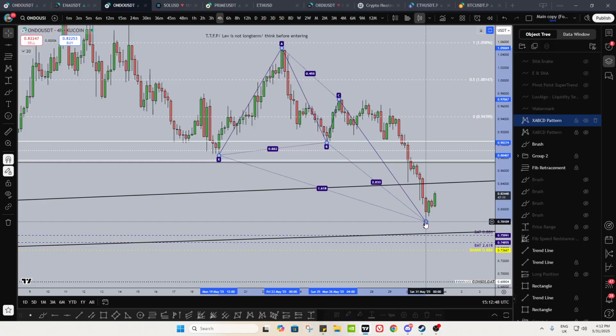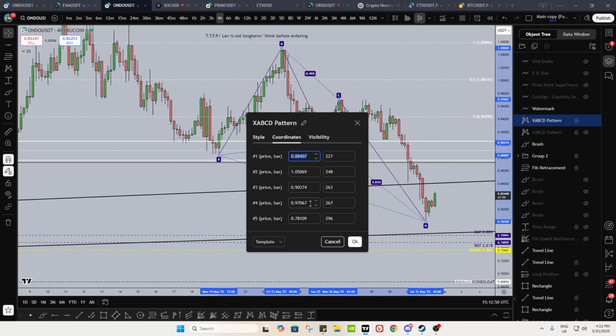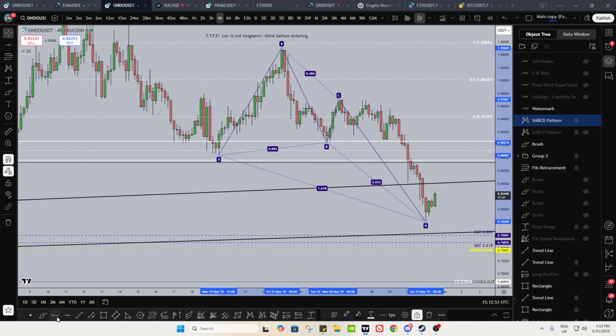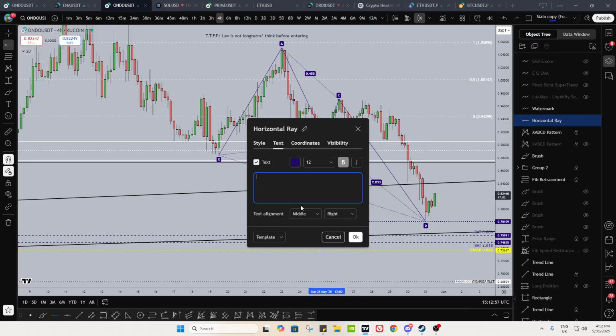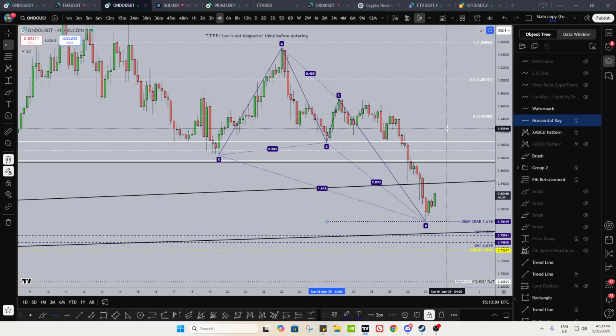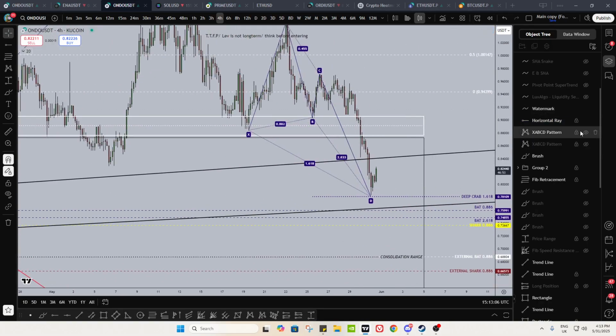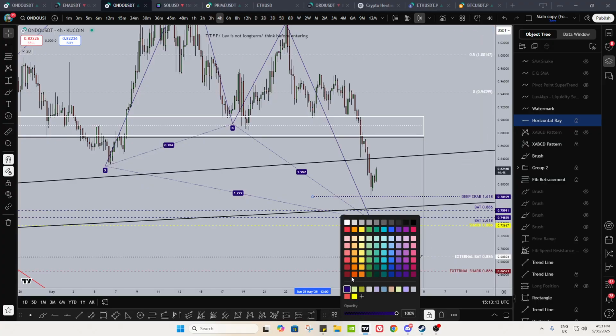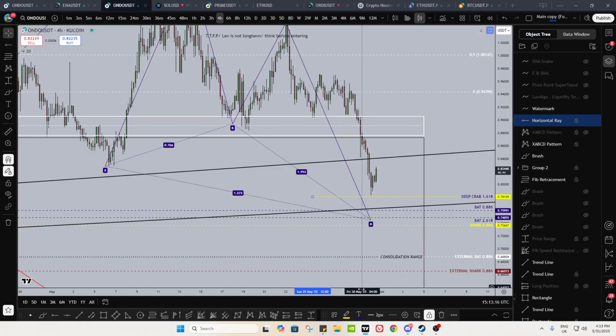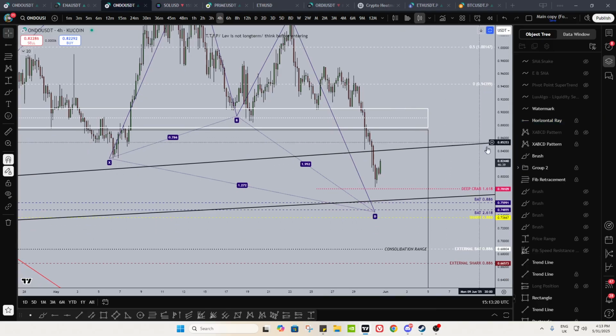But if we do get one more flush across the market, we already have a nice PRZ building out for us. There we go. Okay, so this is your deep crab. 1.618, okay, and the hop of this is going to be the 2.0, but we're not going to worry about that for now because we have a nice PRZ that we can work with. The other one we're interested in is, actually, you know what, let me change the color for this because we've already got the bat to be that color. Let's make it something. No, we've already used that. Let's make it pink. Go on, get in touch with our feminine side.